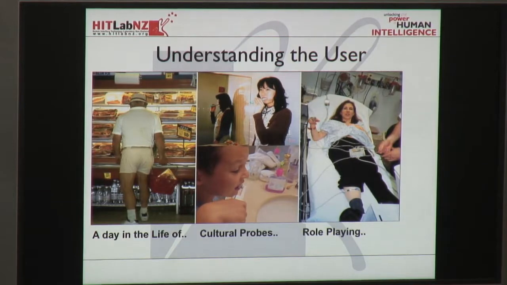On the left-hand side here, this is an elderly gentleman, and his wife has recently died. Previously, she was the one that did most of the food shopping, and so he really hadn't spent very much time in the grocery store. And so they were trying to design technology that would help the elderly shop in the grocery store. So in this case, they followed him around and observed him while he did shopping to see what he was doing.